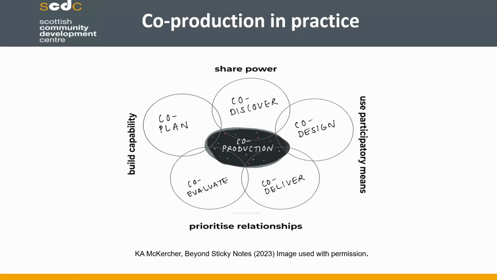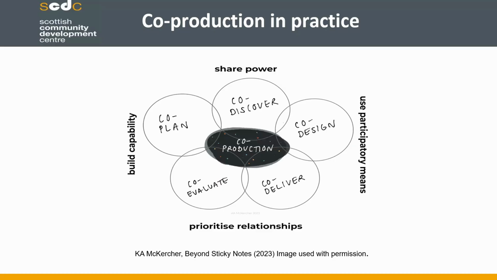So you may be going, actually, we can't co-produce the whole of this program because we are funded to deliver a certain program. But you might go, actually, we can do a bit of co-design here so we can get people in to help us shape that. Or you might want to build in that kind of co-evaluation where you go, we're going to have people involved in this project that we're working on. We can't co-produce it from the beginning because we don't know who's going to be involved. But what we can do is make that plan to co-evaluate at the end.